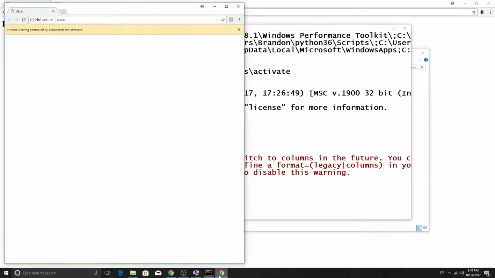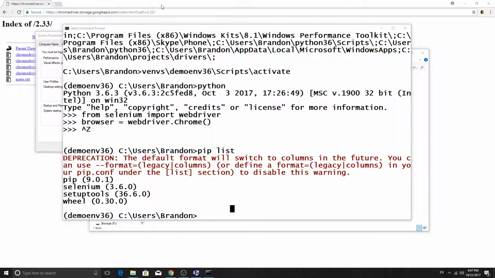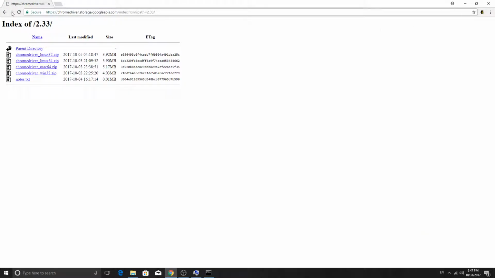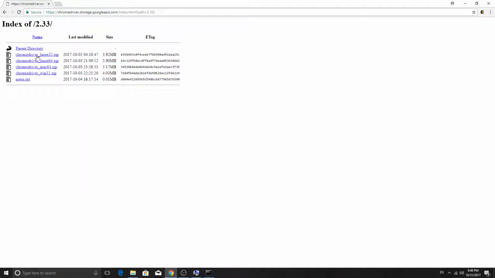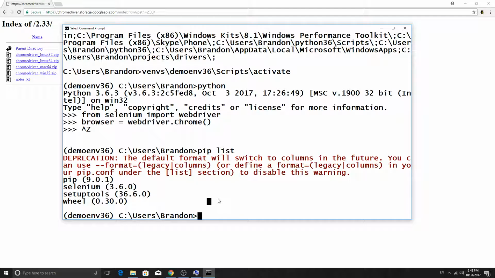So you had to download it. Again, I went to the Chrome driver site. I just Google for Chrome driver, use whatever search you like. Make sure you're at a Google resource and click your way down to the latest one. Make sure you choose the one that is right for your operating system. And we had to move that somewhere we would remember, somewhere very obvious. I chose a projects folder, projects/drivers,